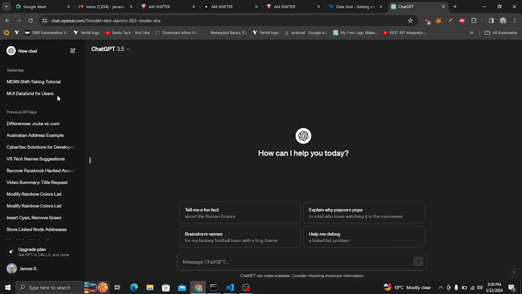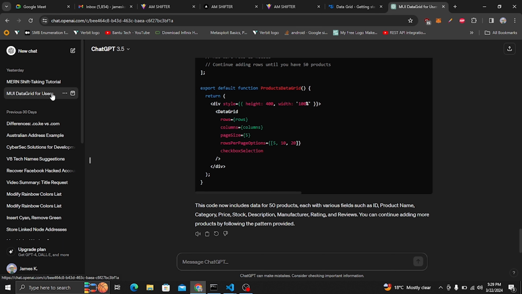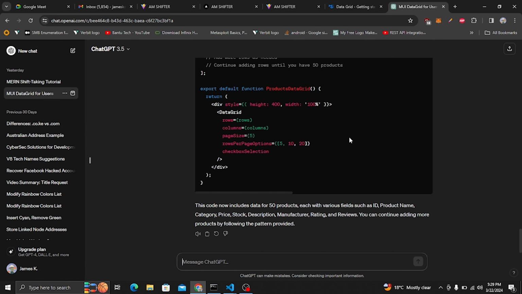Here you can see I have already used it to create data for me. This is how I sometimes use ChatGPT. So I'm going to tell ChatGPT, I want you to create a data